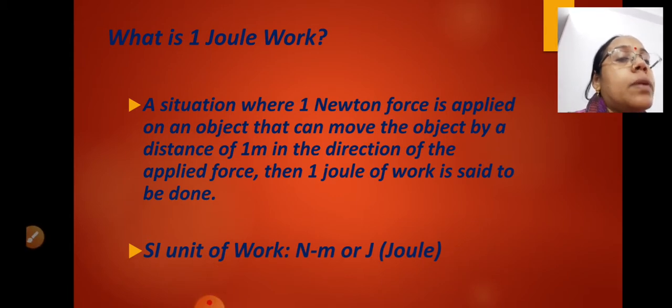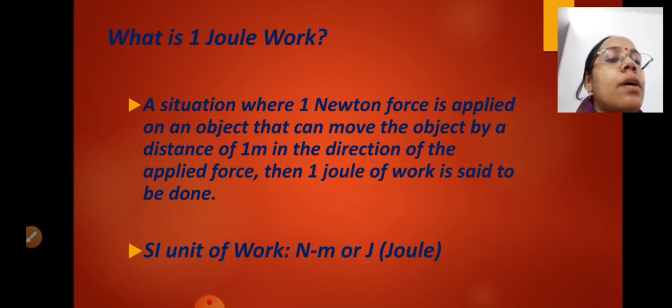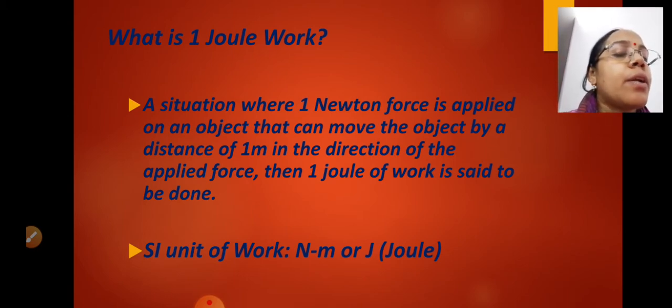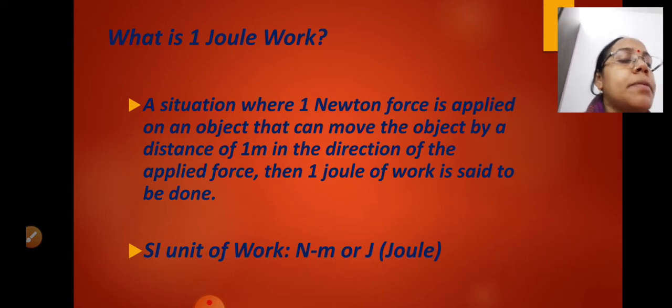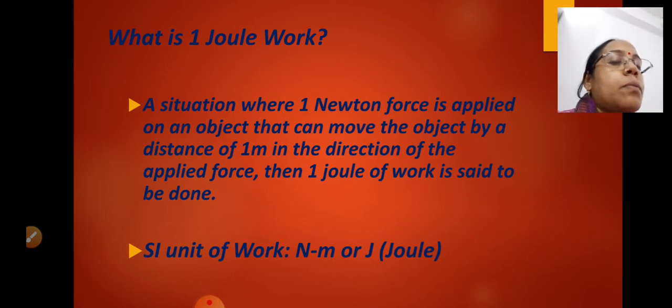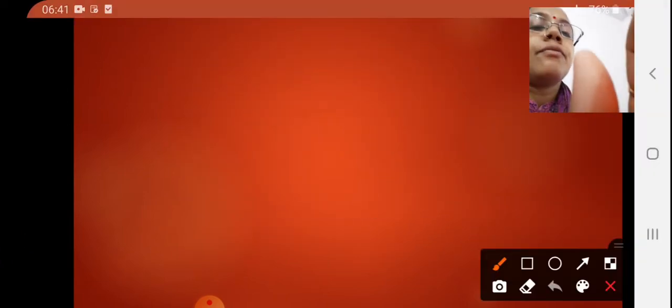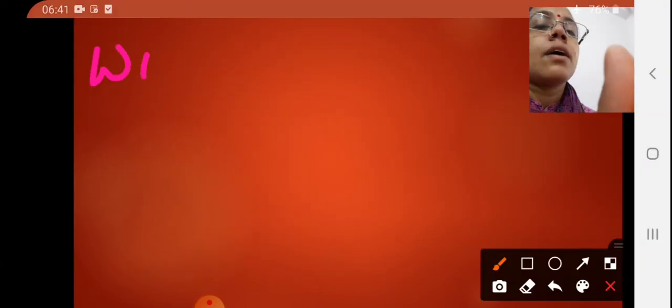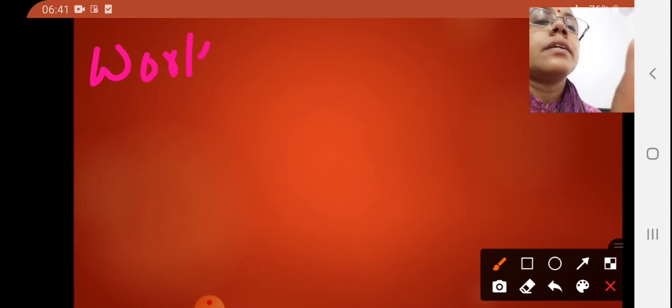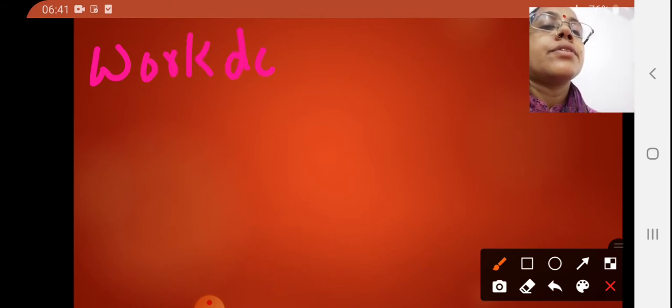This joule is the SI unit of work. Joule can also be referred to as Newton meter. We can derive this from the definition of work done. You can see here the formula of work done. Just now I have written work done, which is represented by W,